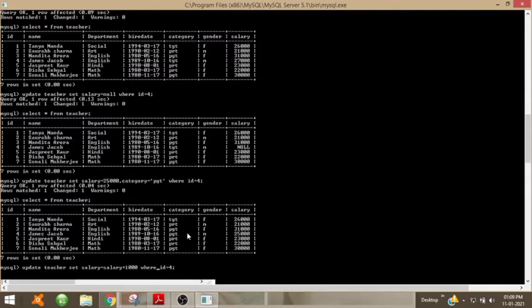Whose salary has to be increased? All the female teachers of the English department. So what conditions do we have to check? We have to check their gender is F, whether they are female, and their department should be English. So where do we have to specify the condition? Inside the where clause.